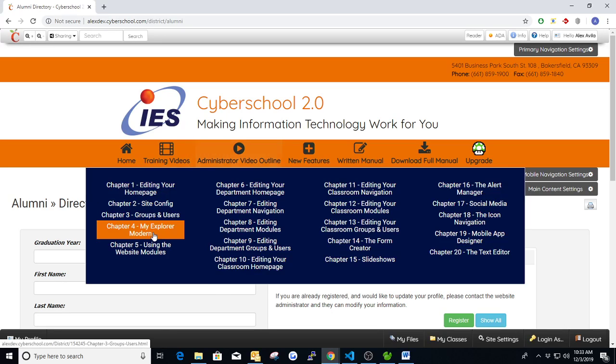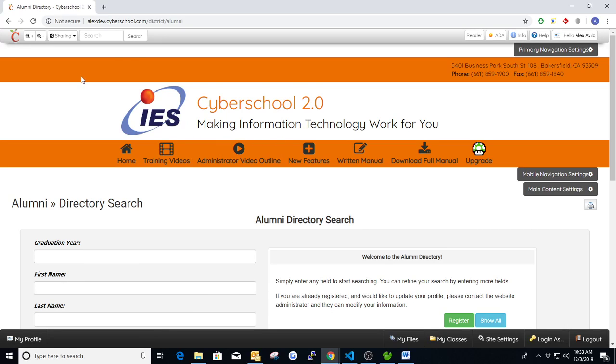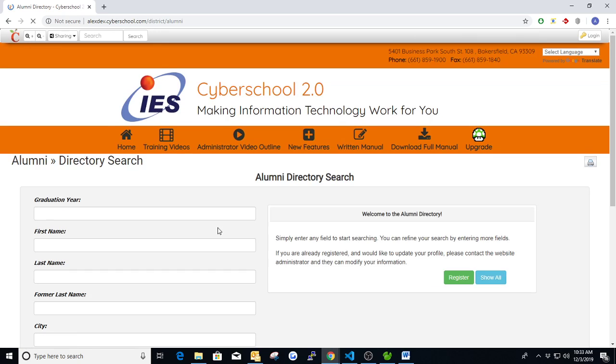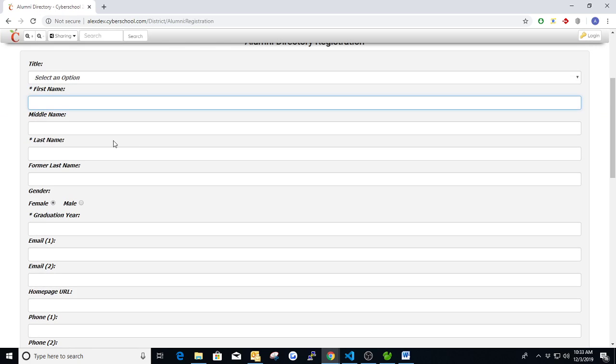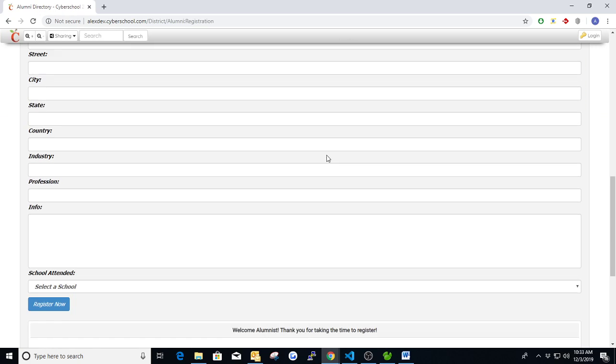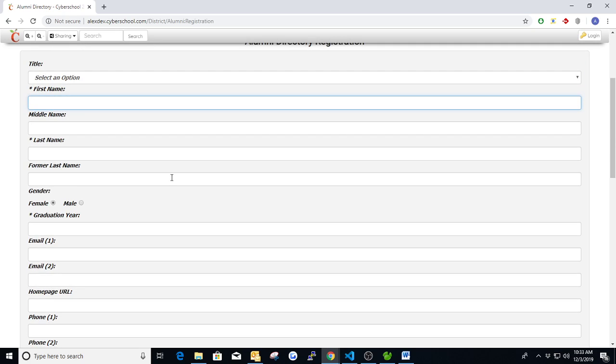All right, so this is the alumni module here, and you'll see I'm at the district alumni, and I'm actually just gonna log out so I can go ahead and register. So let me register. And yeah, it's this really long form that I have to fill out just to register